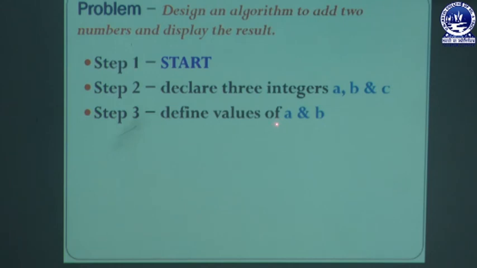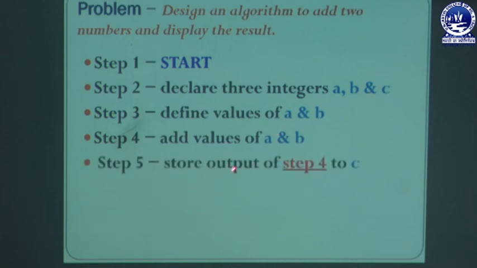The second characteristic of an algorithm says the algorithm can take 0 or more well defined inputs. So here we need to define the values for A and B, what we are going to add. So after getting the values for A and B, next we will go for adding A and B. So the fourth step is add values of A and B. Then we need to store these added values, that means what we get from A plus B, in C. So the fifth step is store output of step 4.